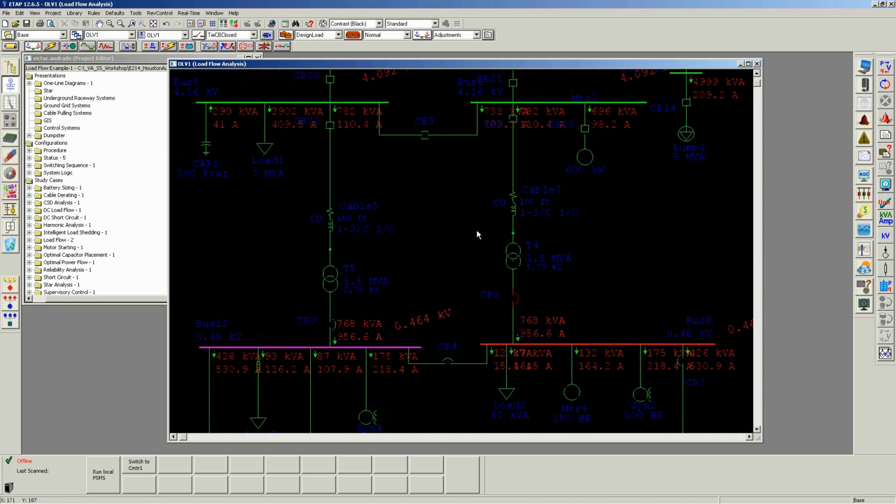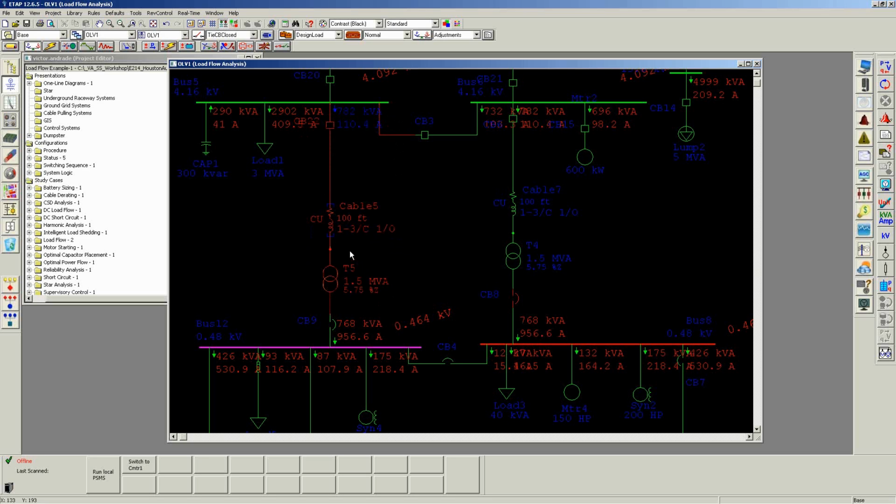The operator is given the task, or the engineer has the task, to check that in the event that one of these transformers, let's say in this case T5, so this branch right here that I'm highlighting in red, the branch on the left, is out of